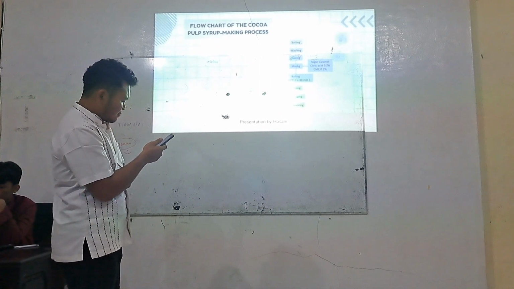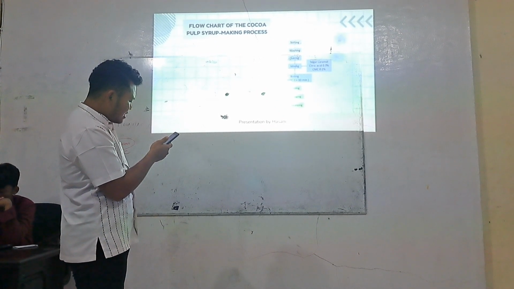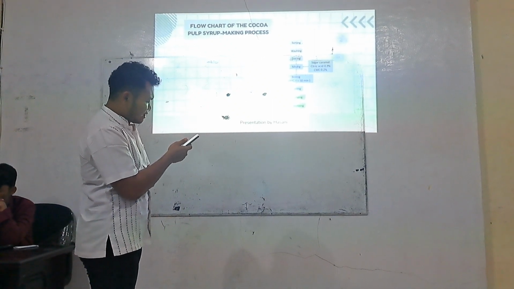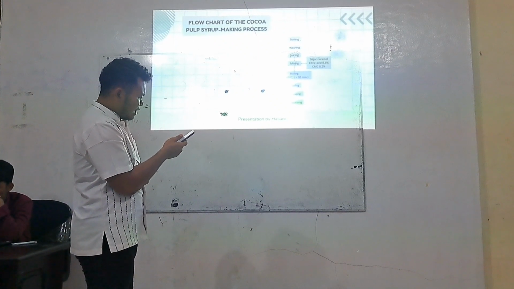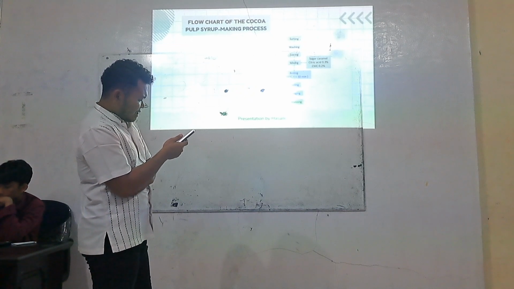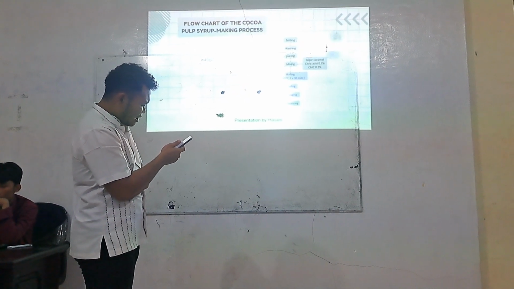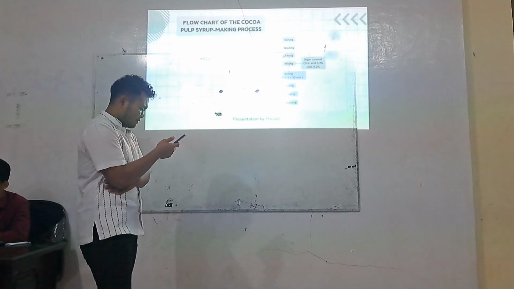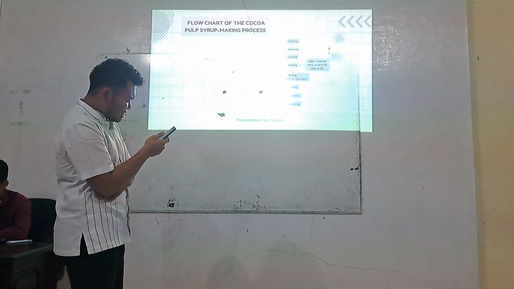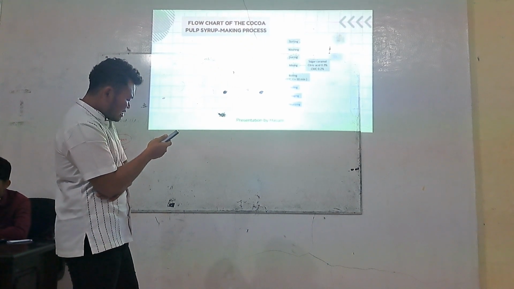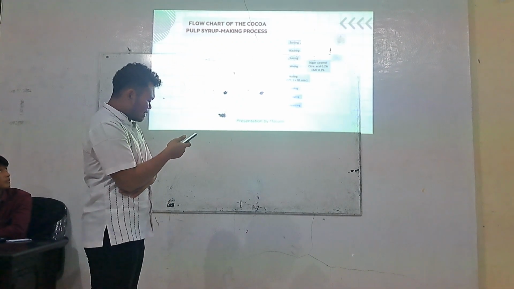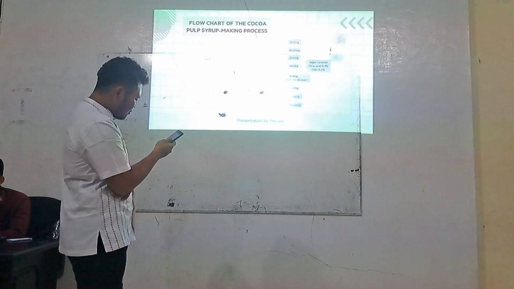The next step is the boiling process using a temperature of 65 degrees Celsius for 30 minutes. The next step is the cooling process by leaving it at room temperature. The next step is the packaging process by packing the product that has been prepared. The final step is the pasteurization process. Pasteurization is a heating process using a certain temperature. The pasteurization process is used to kill some microbes.